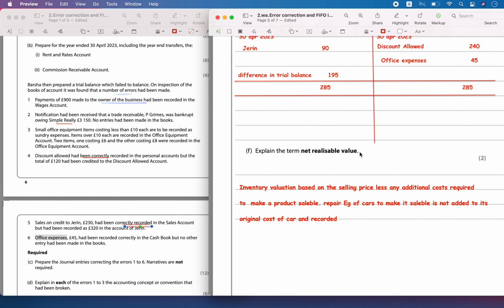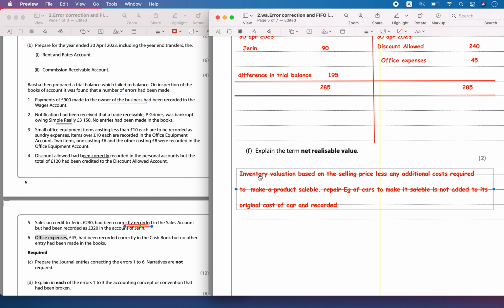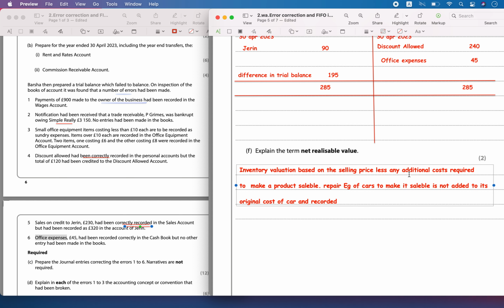Then explain the term net realizable value. Inventory valuation is based on the selling price less any additional costs required to make the product saleable. For example, the cars have to be made saleable. Any repair costs must not be included in the original cost of the cars, because that is the net realizable value. We have to not include any repair costs, only include the